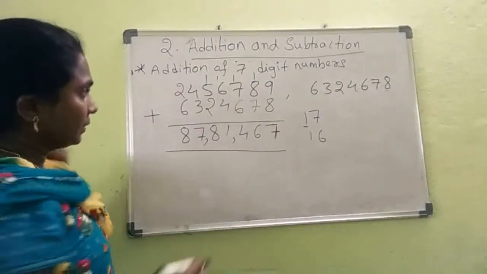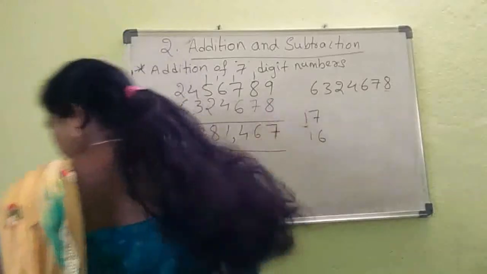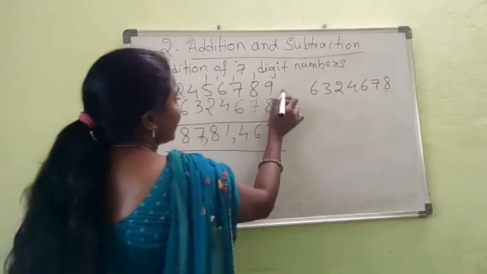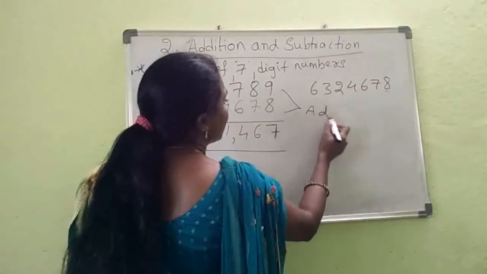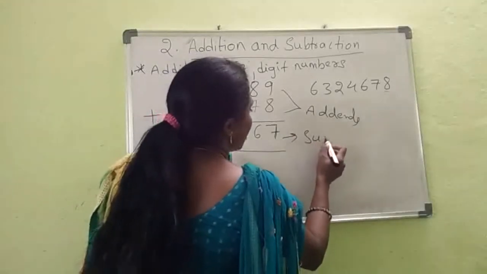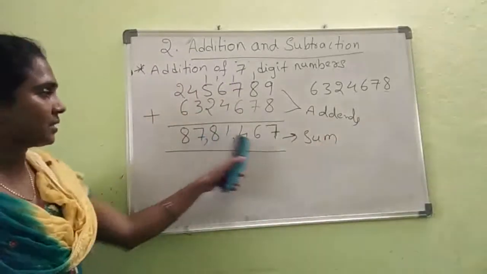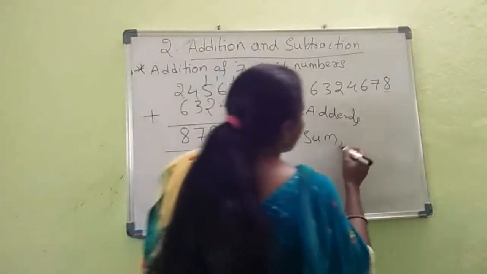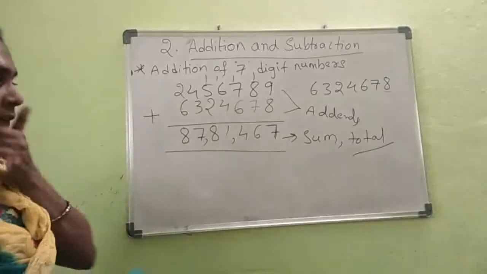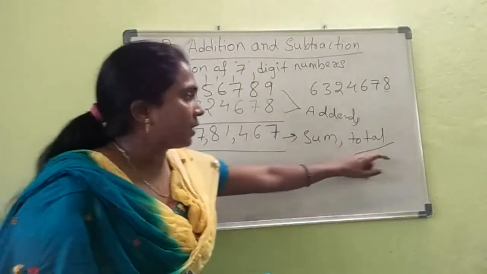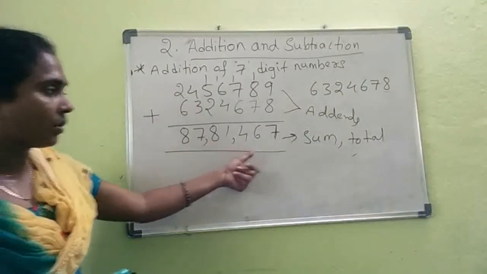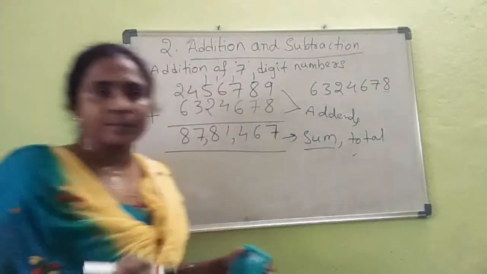Commas. Now the two numbers we are adding, right? These two numbers are called addends, and this result is called the sum, right? This result is called sum, and we also call it total. That means remember this word. This will help in solving word problems. Okay, sum or total, the meaning is the same. After adding these two numbers, whatever result you got, you call it the sum, right?